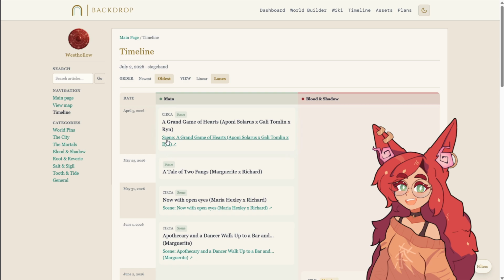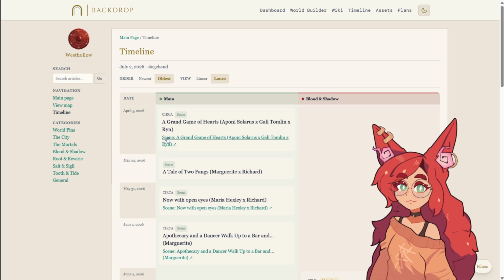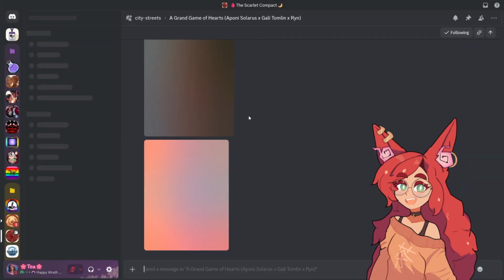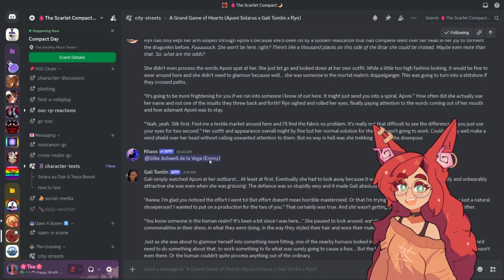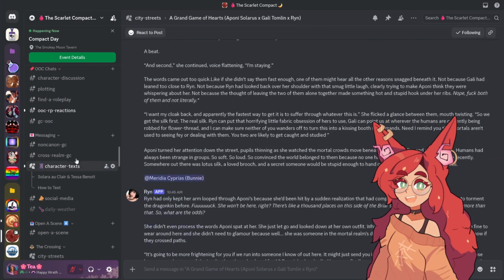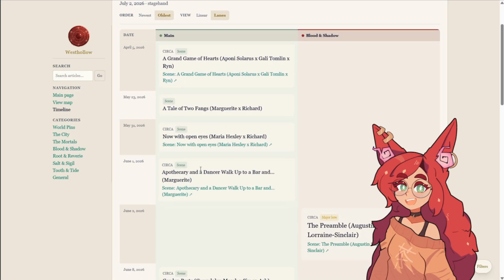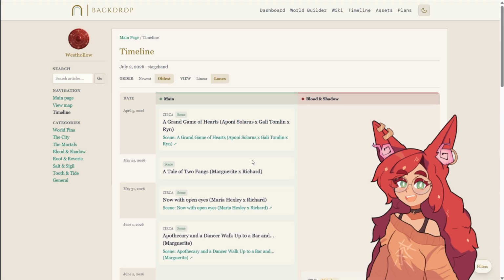And then if it's a scene and it pulls over automatically from Multimuse, it just links me to that thread, and I can go to that thread if I'm checking it out. If I'm a member of the server and want to go read it. Obviously, you can't get to a server through a link unless you have an invite, so that works out. But you can see, like, you can just go through, you can see the things, and then this is what